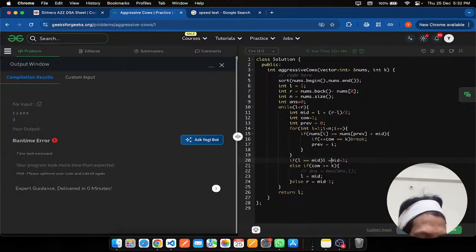For R, if I go for R is equal to mid, then I know at R it will not work. What if it will work for R? It will not work for R, so the algorithm will converge on R. So we are going to return that R or L, whatever you want. Now we are going for the algorithm will not work at R. Okay,